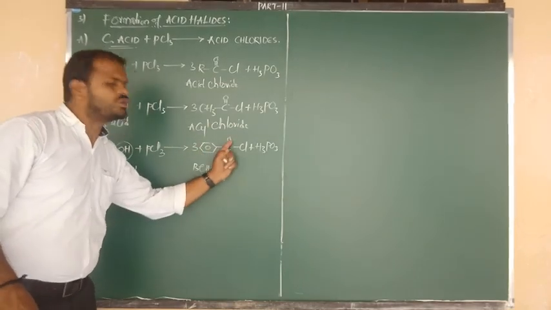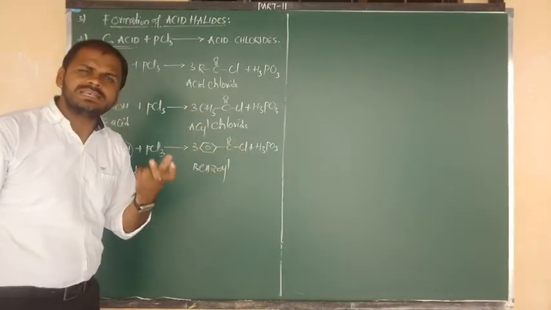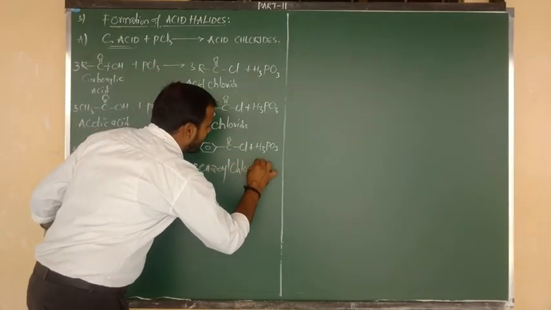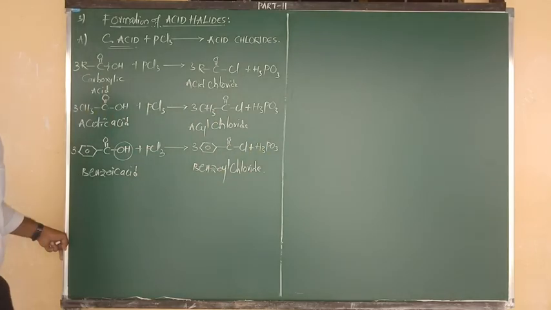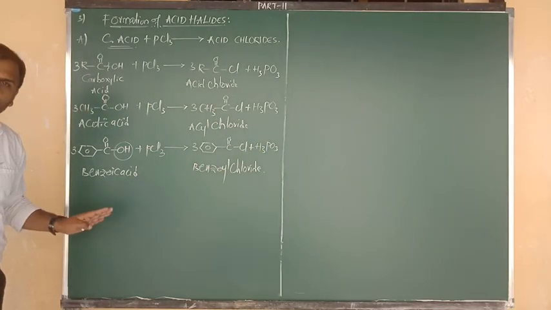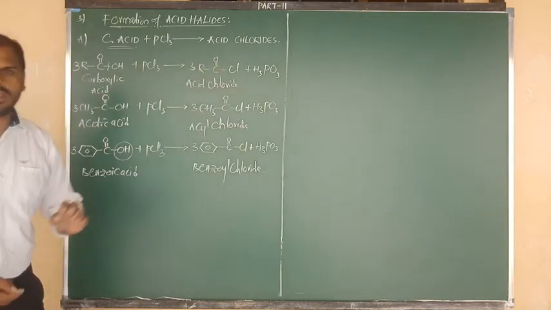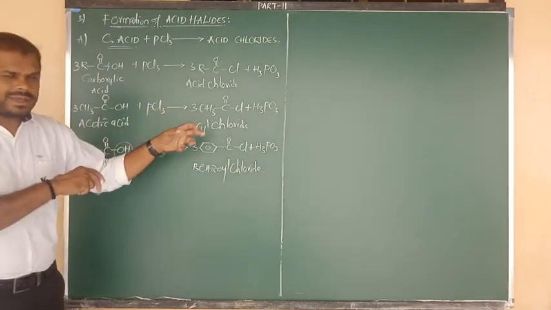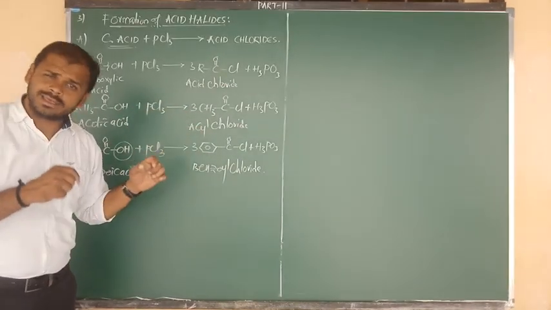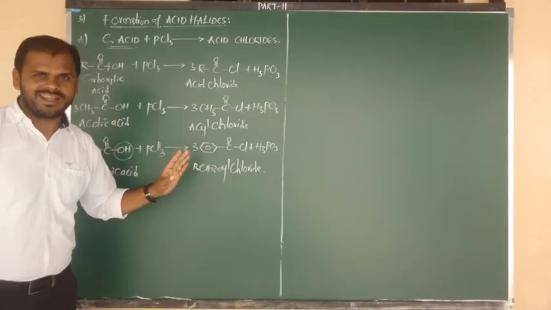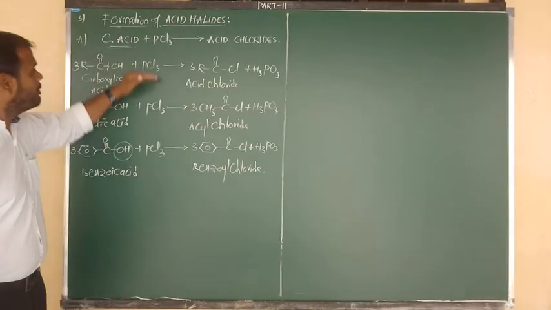That is called benzoyl. But benzoyl connected to a side chain or atom, that is Cl. So we can say benzoyl chloride. In that manner, we can convert the carboxylic acids into acid halides, like acetic acid into acetyl chloride, or you can say acyl chloride, and benzoic acid into benzoyl chloride upon reaction with